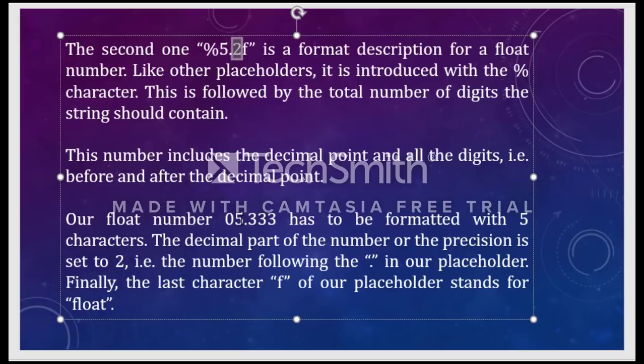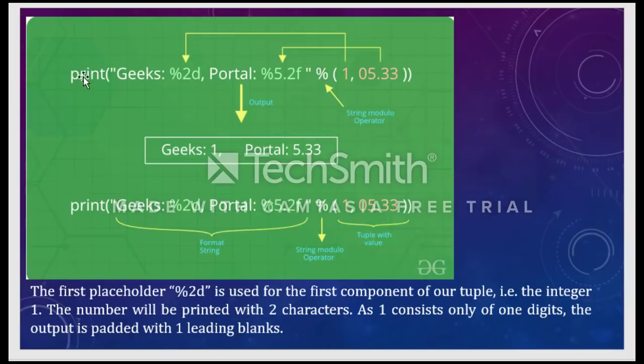So if I have given 5.333, obviously what we get as output is 5.33, because after the decimal point I want to print only 2 values, 33, even if we have a very large number. I don't consider it here, because that is what I have written in the program. That is how I want to format the output to be displayed on the screen. So after the decimal point only 2 characters will be printed, and the remaining characters will be lost. Hope you understood this concept.